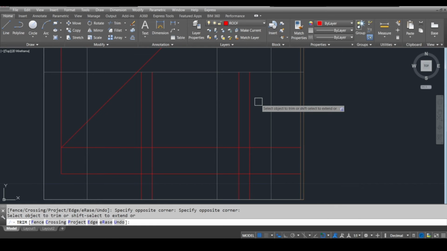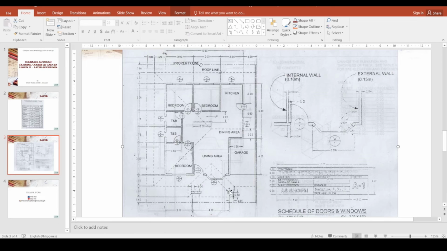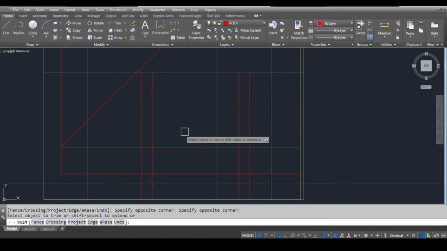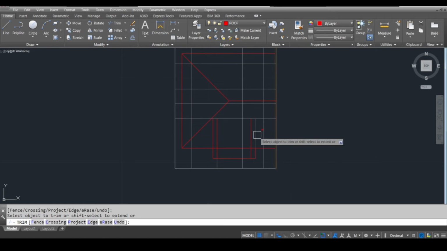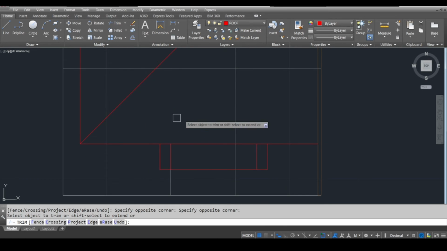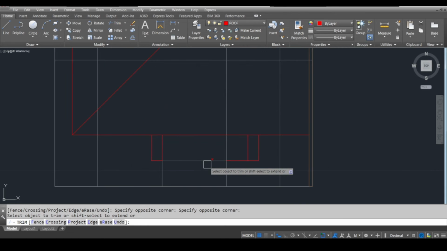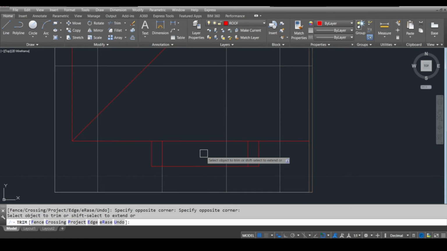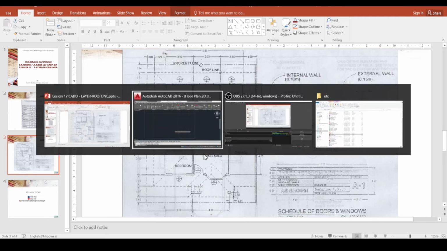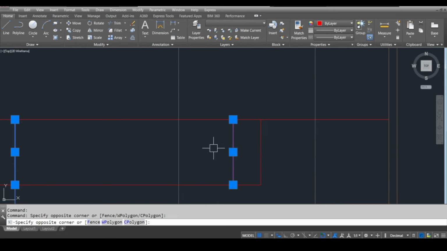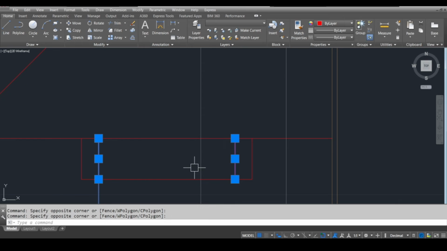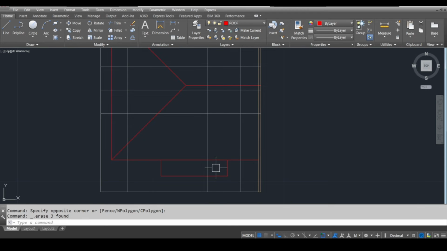Okay, so we will also erase this because these two lines were our guide earlier. So delete,